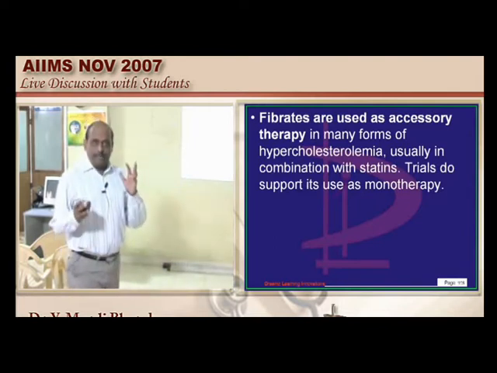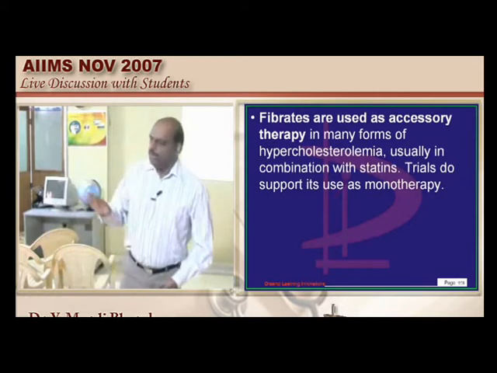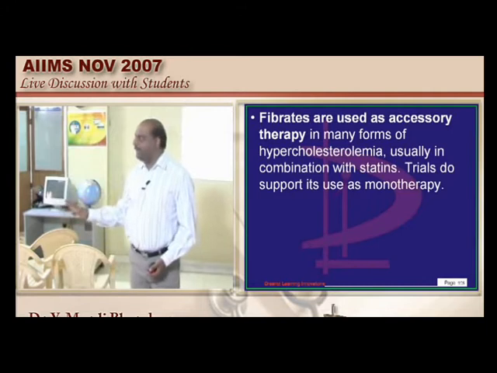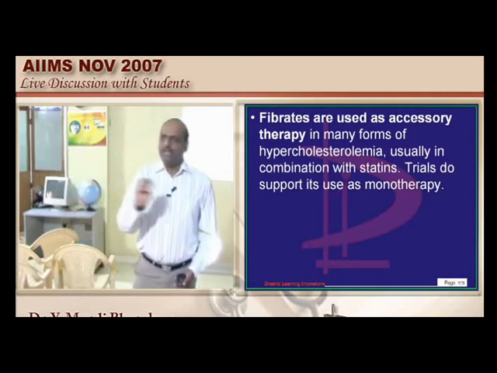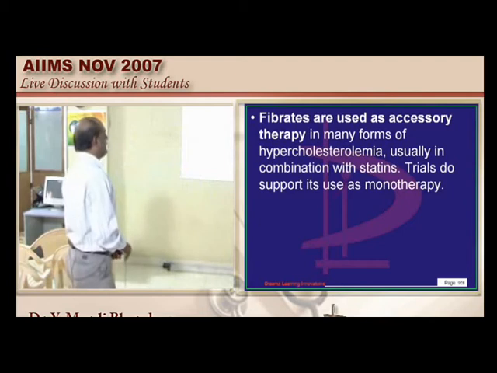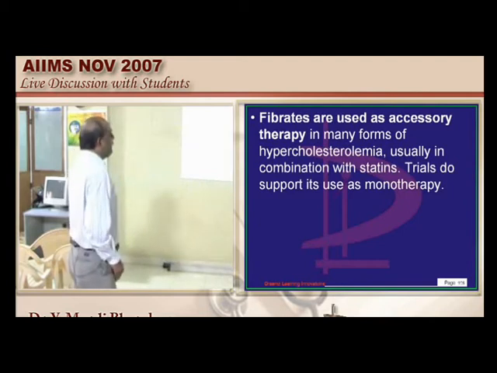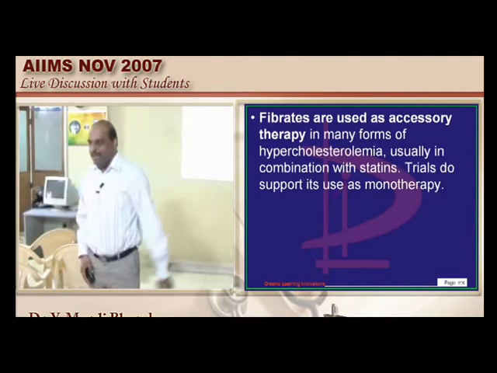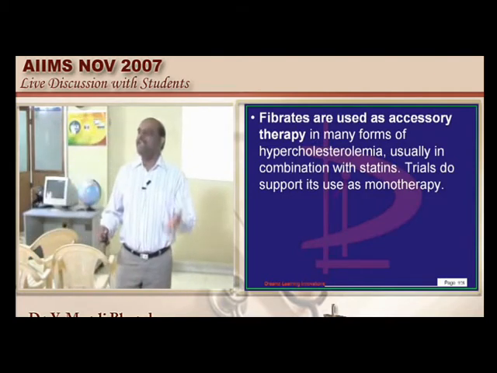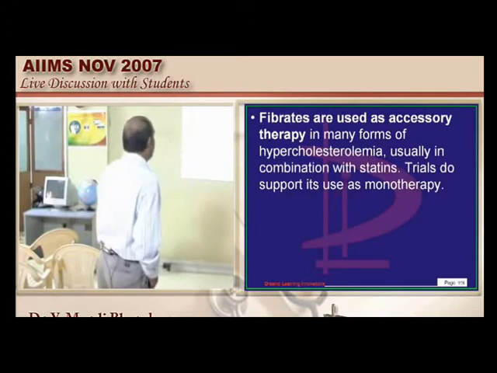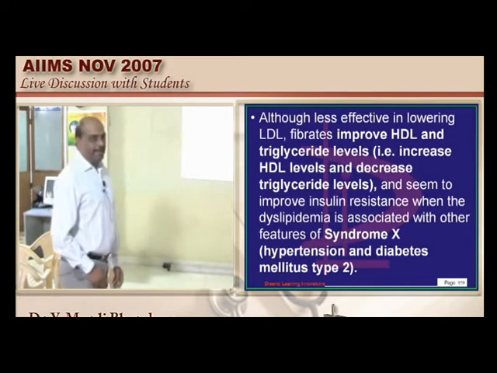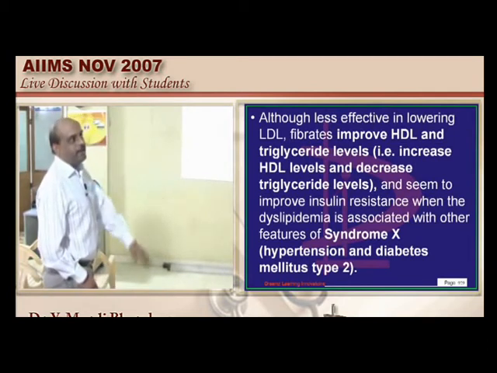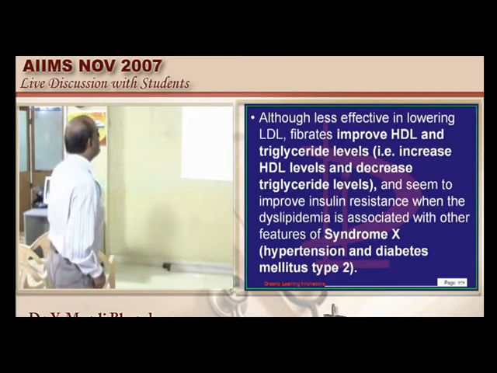And that too you need to have precision. Exactly you must know in which hyperlipidemia cholesterol plus triglycerides rise, and in which hyperlipidemia only cholesterol will rise. All these are the small nitty gritty which is frequently tested. So basically fibrates are used as an accessory therapy, they are a stepney in hyperlipidemia management. It is the statins which are the king among the chemicals. Fibrates are less effective in lowering LDL, but they are very good especially for improving HDL and bringing down triglycerides. That is one major advantage.